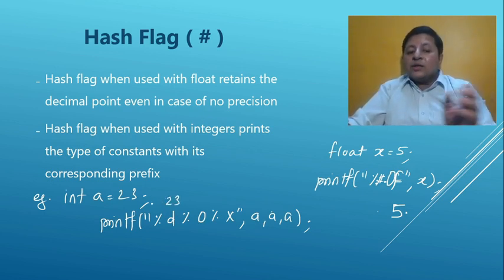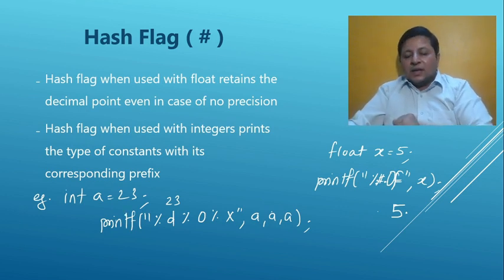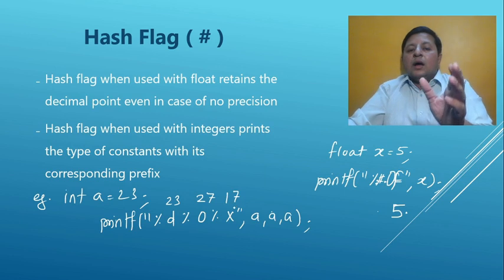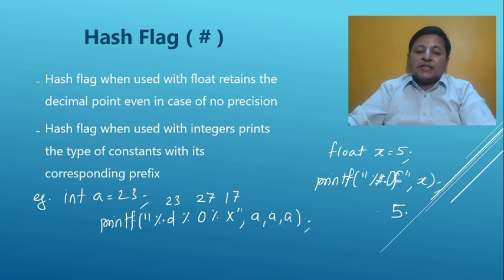Now %o is going to print 23 in octal. To convert 23 to octal, it will be 8 twos are 16 plus 7, that is 27. If I want to convert that into hexadecimal, 16 ones are 16 plus 7, that is 17. Clear? This is how it will be printed in the absence of the hash flag. Even if this is decimal, it will be displayed as it is, but for octal and hexadecimal you cannot make out that they are being displayed as octal and hexadecimal. That can be done by putting a hash flag while printing.